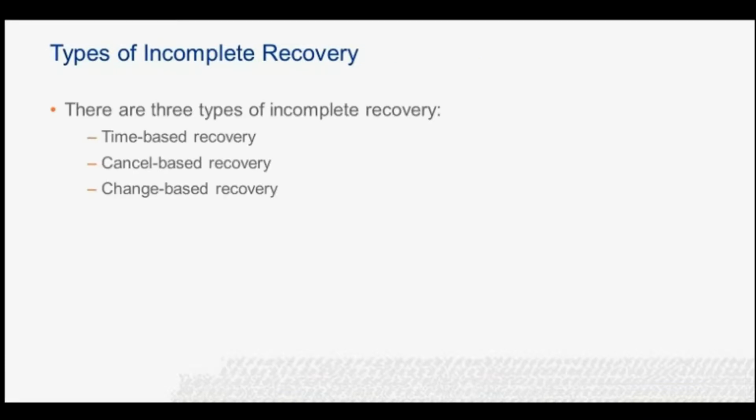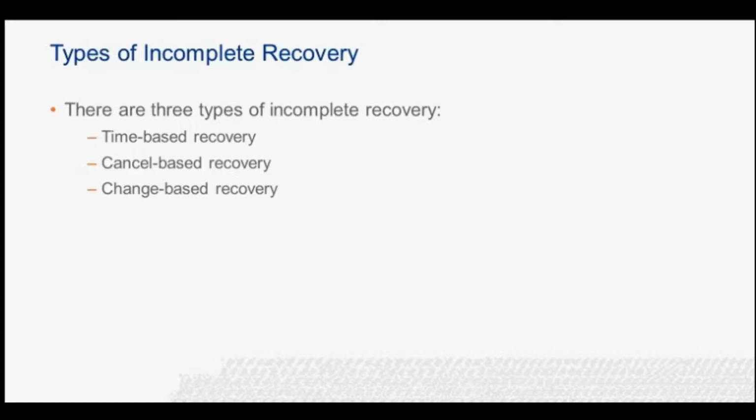Types of incomplete recovery. Time-based recovery. This method of recovery is terminated after all changes up to a specified point in time are committed. Use this approach when unwanted changes to data were made or important tables dropped and the approximate time of the error is known. Recovery time and data loss will be minimized if we are notified immediately. Well-tested programs, securities, and procedures should prevent the need for this type of recovery. Also use it when a non-mirrored online redo log becomes corrupt at an approximate time. Mirroring of logs should prevent the need for this type of recovery.